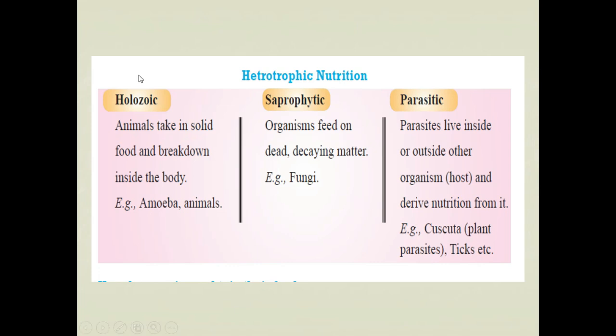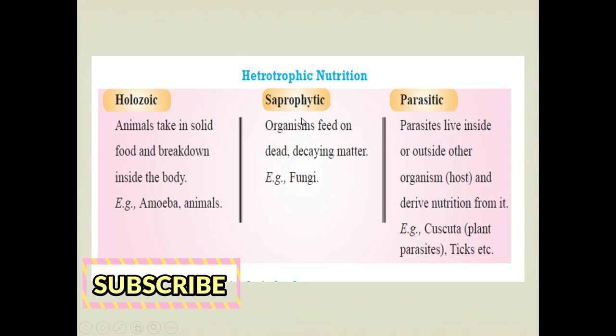So when you come across here, heterotrophic nutrition is divided into three major types. First one is Holozoic nutrition, where animals take in solid form of food and then break it inside the body. Animals and amoeba are examples of this. Then saprophytic nutrition: organisms which feed on dead and decaying matter come under the saprophytes. Example, fungi. So here you can look at these saprophytes, they will only feed on dead and decaying matter